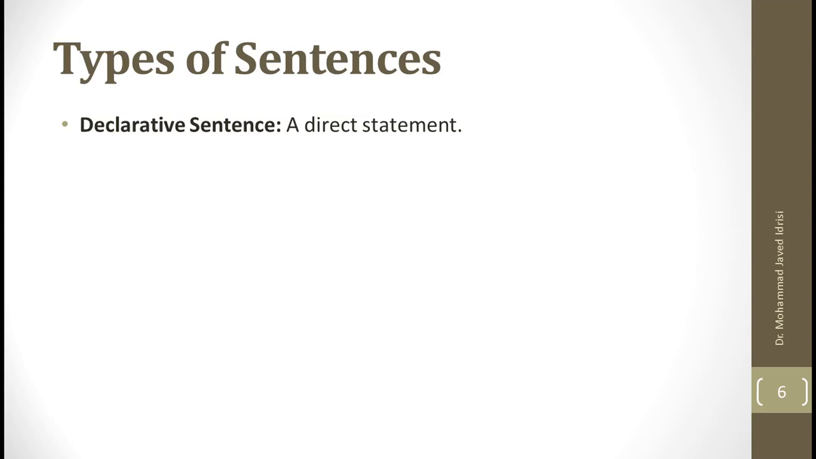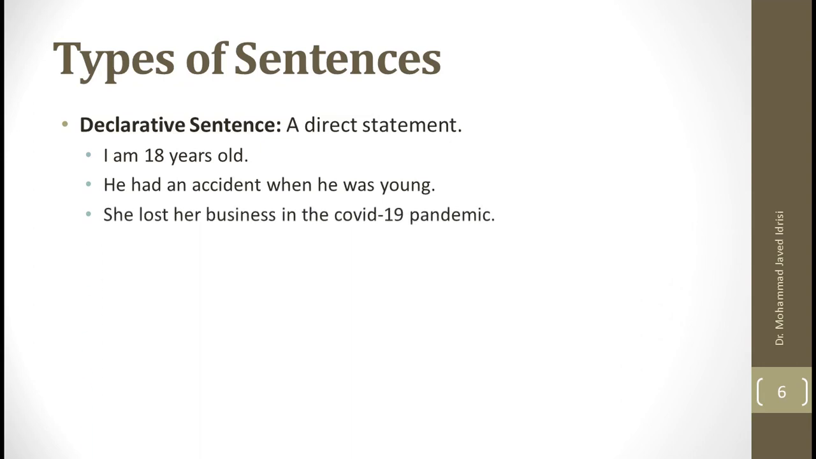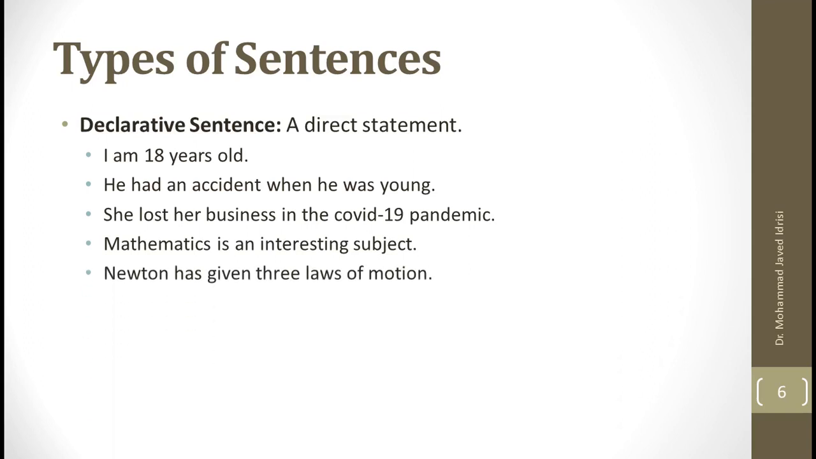Declarative sentences are nothing but a direct statement. For example, I am 18 years old. He had an accident when he was young. She lost her business in the COVID-19 pandemic. Mathematics is an interesting subject. Newton has given 3 laws of motion. So declarative sentence means a direct statement,